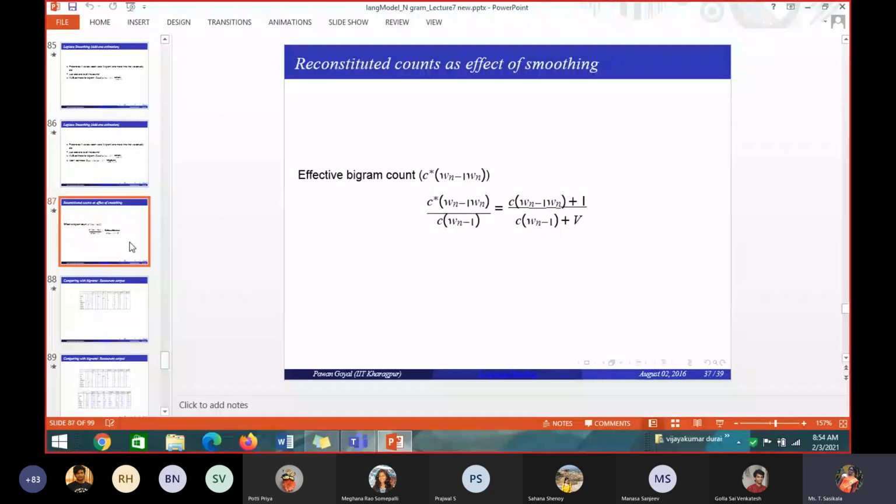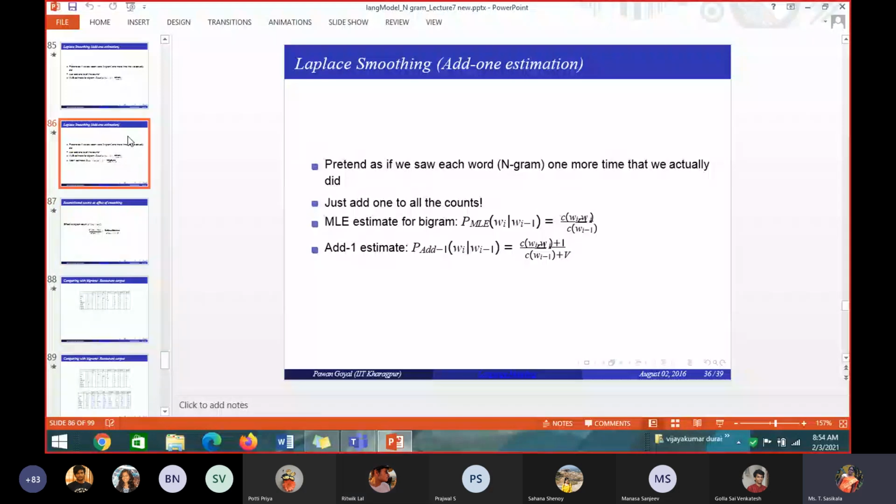Could you zoom in a bit? Wait, that's why my system is a bit slow. Okay, wait, 1 minute. It is not responding, that's why I left it. I'll repeat the formula, you please write it. C of Wi minus 1. This is i minus 1. Here minus 1 is there. I am trying to zoom it, but something is happening to my system, so it's not doing it. But I'll zoom it here.